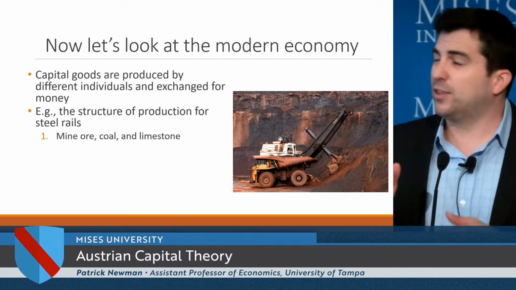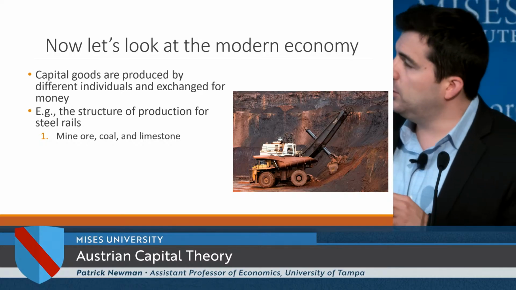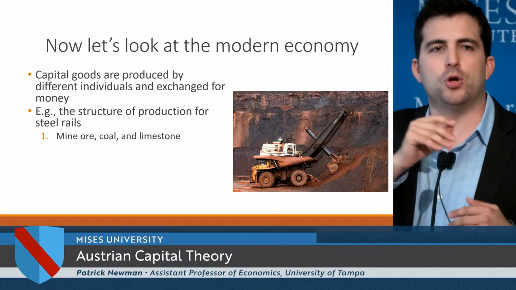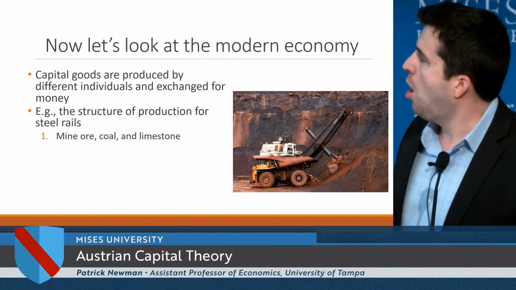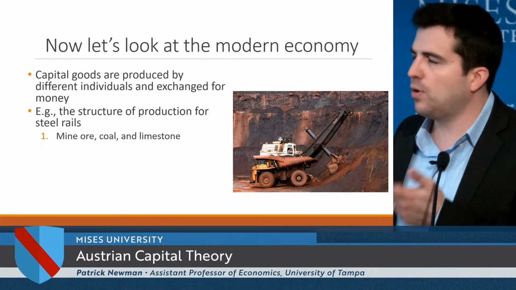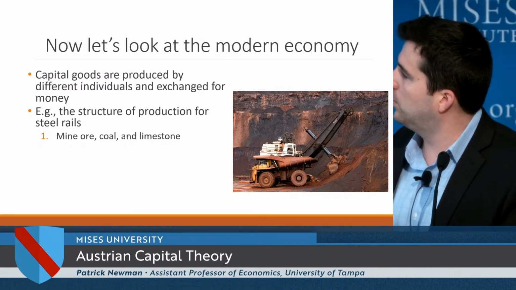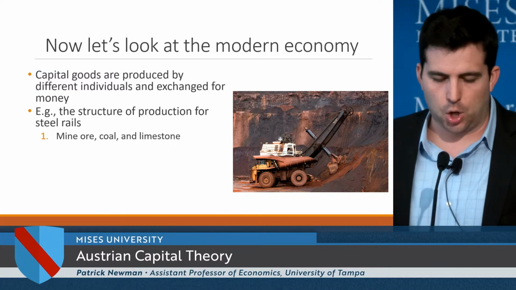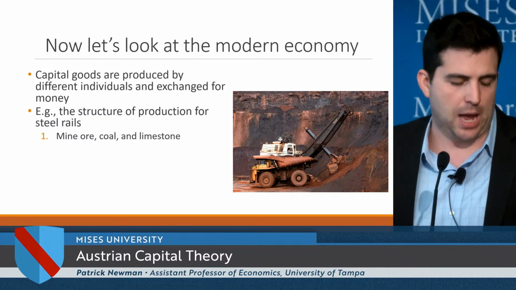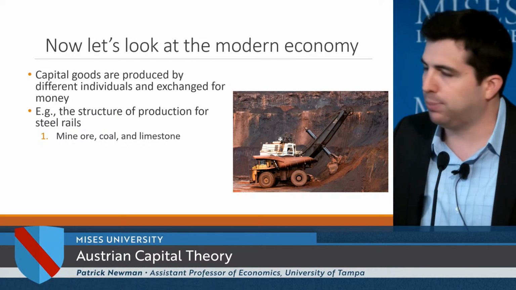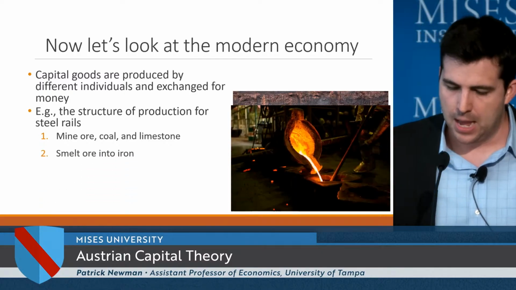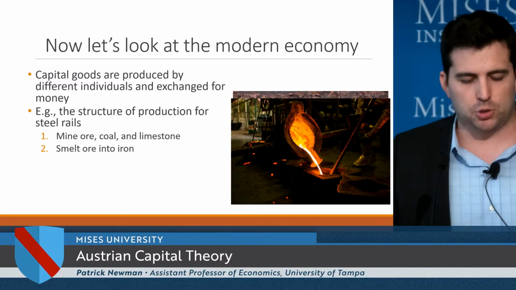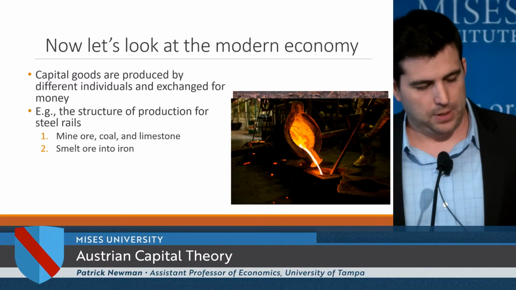Let's say we're looking at the first stage. It can be a little confusing because that first stage, or the earliest stage, is where the highest order goods are produced. So the numbers are a little flipped here, but through greater understanding and practice we'll get it. So the first stage is mining ore, coal and limestone. You've got to remove topsoil and rock. You've got to drill and blast. You've got to do all sorts of stuff like that. Then you've got to smelt ore into iron. So you've got to heat the ore at high temperatures to extract the iron, okay?